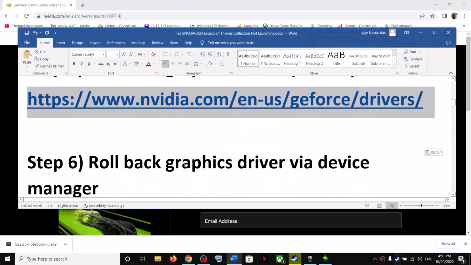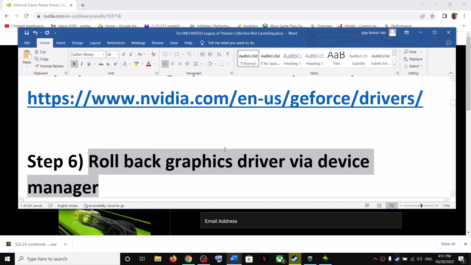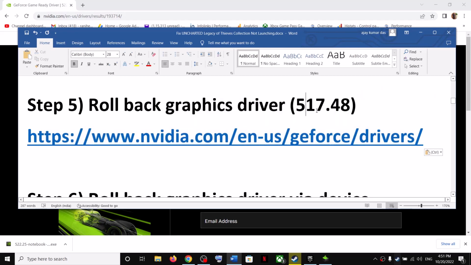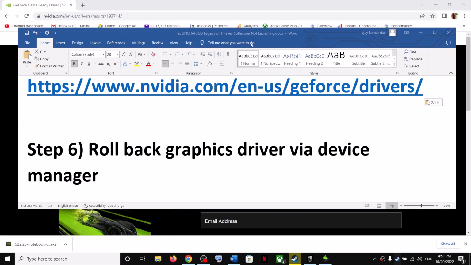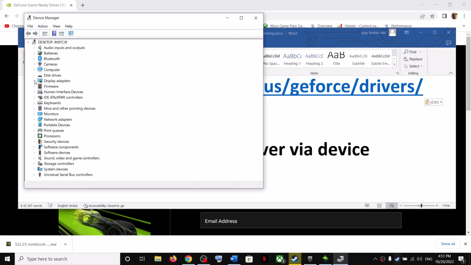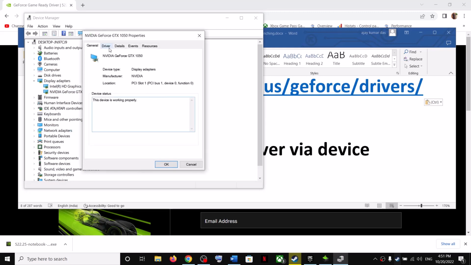Now the next step is to roll back graphics driver via device manager. So this should work. This has worked for many players. Install version 517.48. If that does not work, you can roll back graphics driver via device manager. So make a right click on the start menu and then click on device manager to open device manager. Now expand display adapter. Now over here you will see NVIDIA card. Make a right click and then click on properties and then go to driver tab,